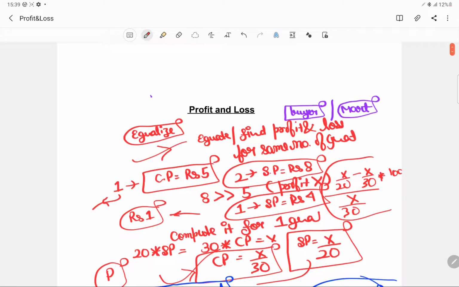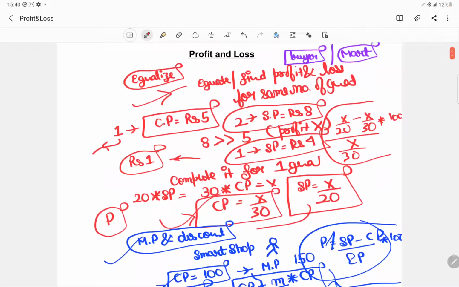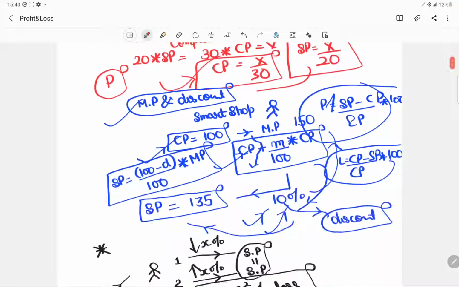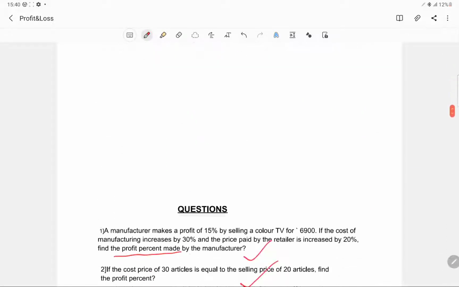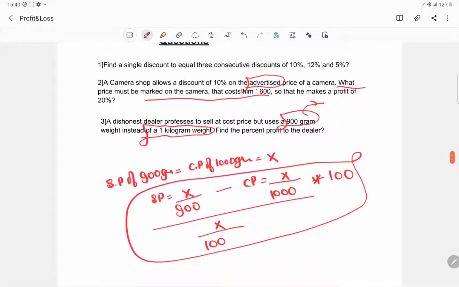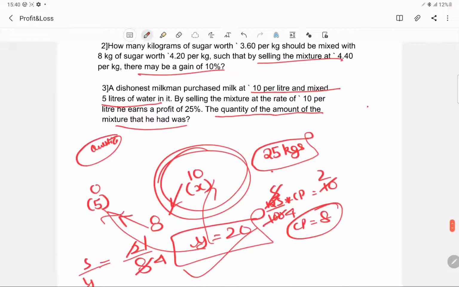That is it. It didn't have to be a very long video, but we have covered each and every concept. We have seen what is profit and loss, what is the equalization. Then we have also talked about the cost, and about break even point. We have also talked about x by 10 का whole percent का whole square, ठीक है. Then we saw some basic questions, so these are also important. Then we talked about market price, discount के questions, and then we did some good questions, multiple deals and all, and mixture of alligation and mixtures and all.